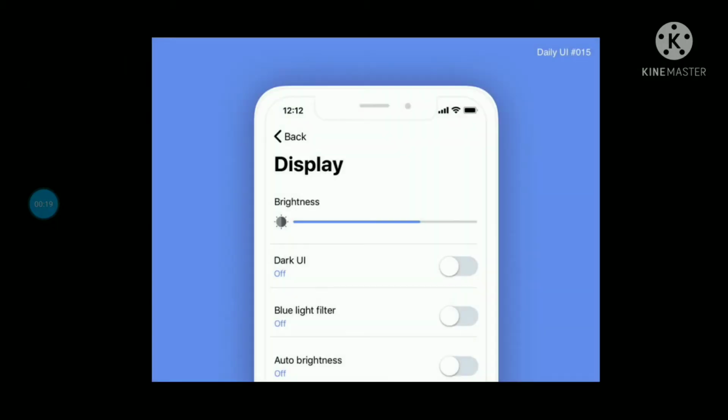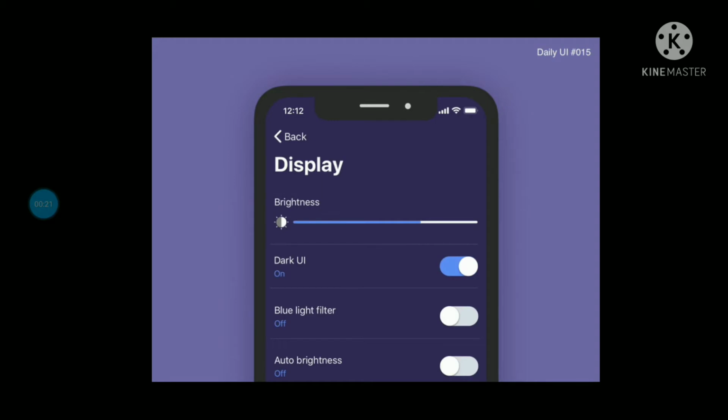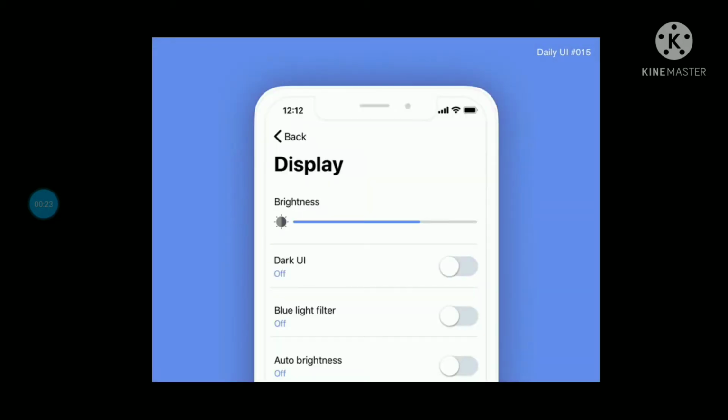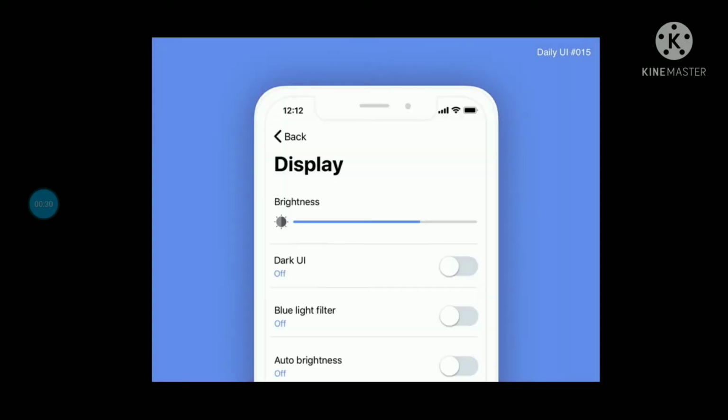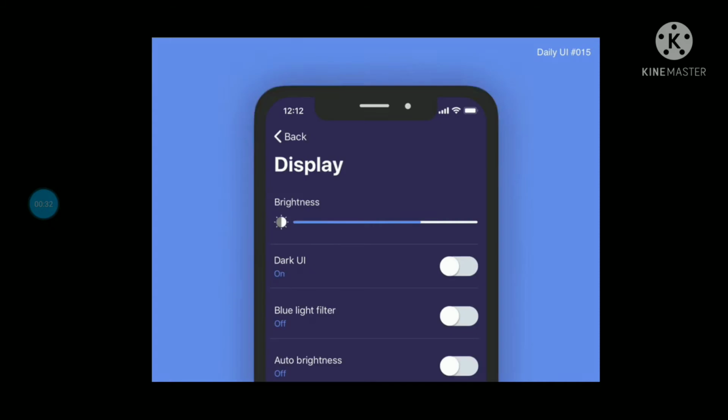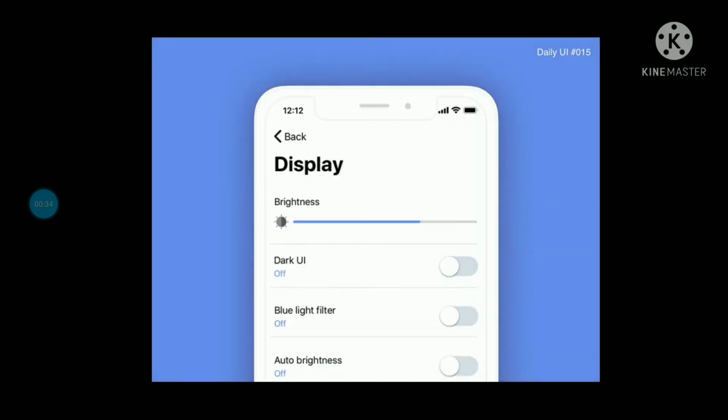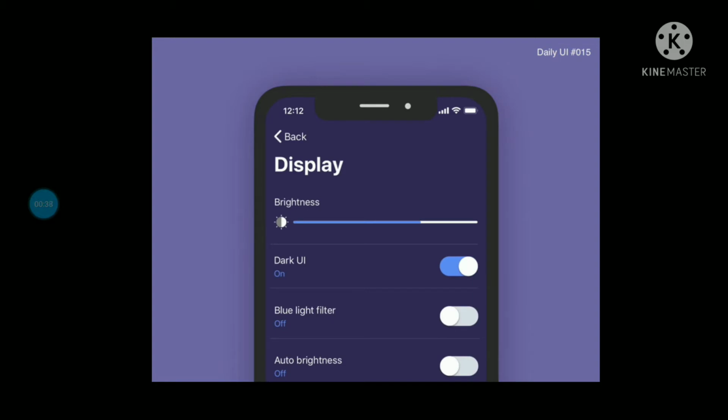Have you ever thought that the smartphone in your hand changes the brightness according to the light falling on the screen? If you turn on the auto brightness button, it will automatically reset the brightness.